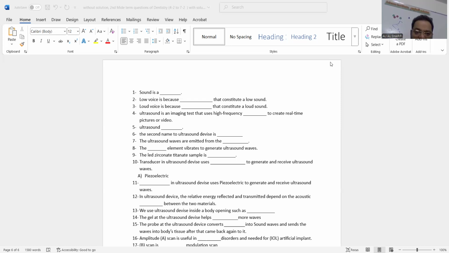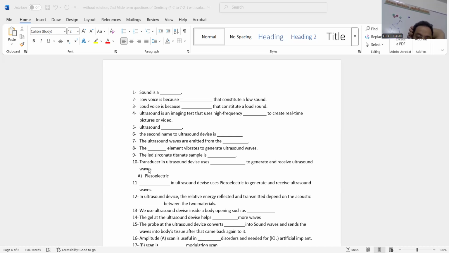Sound is what? Low voice is because what? Loud voice. Ultrasound is an imaging test using frequency. Ultrasound is what? The second name of the ultrasound device. The ultrasound waves are emitted from what? The blank element vibrates. What is the vibrator to generate ultrasound waves? The lead zirconate titanate sample is